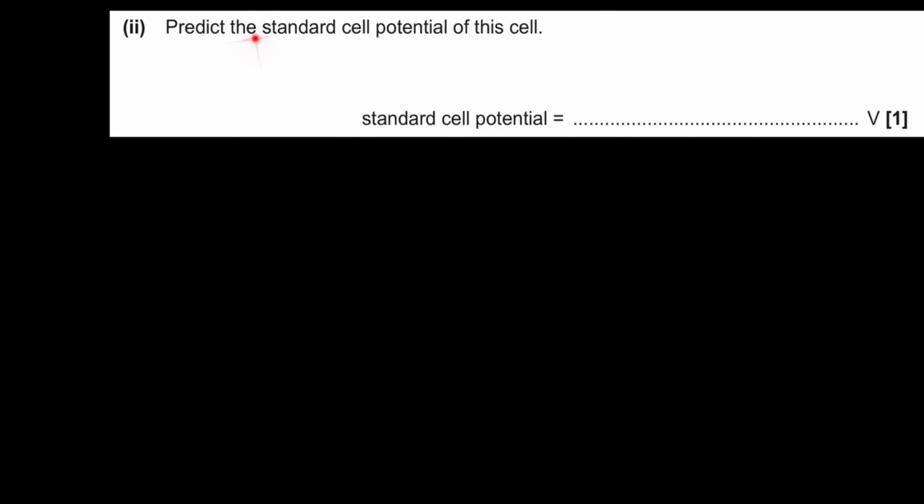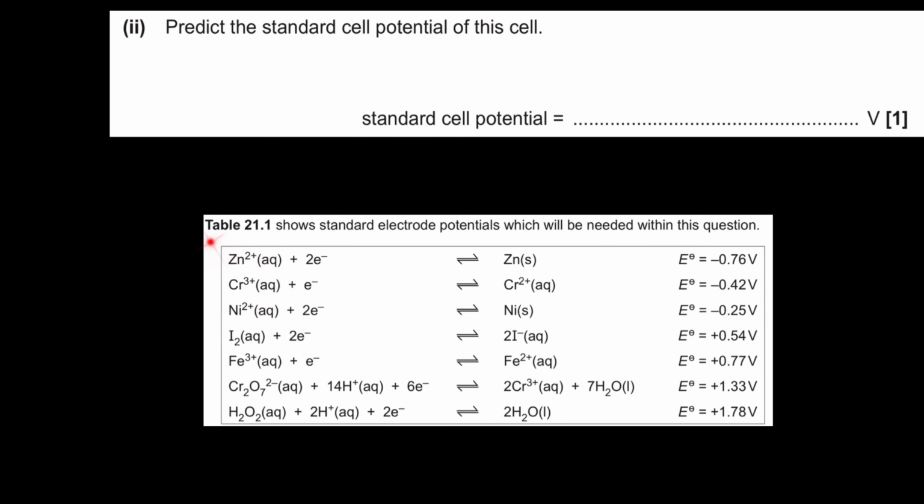Part 2. Predict the standard cell potential of this cell. From table 21.1, nickel 2 plus, we're looking at that potential here, and nickel 2 plus is minus 0.25 volts, and we're looking at the iodine as well, and that is plus 0.54. We want to keep the more positive and take away the more negative or the less positive. The more positive is the iodine one, which is 0.54, and you want to take away the less positive, which is minus 0.25. In this case, minus minus is plus,